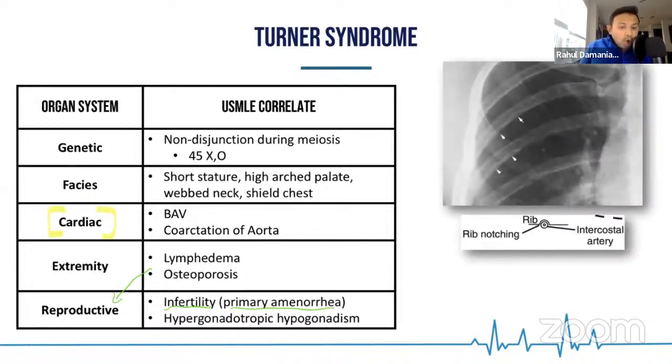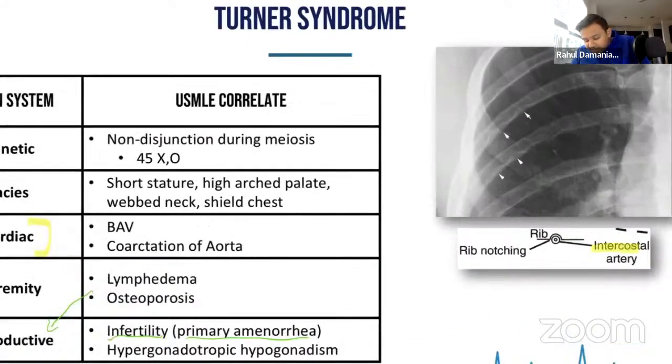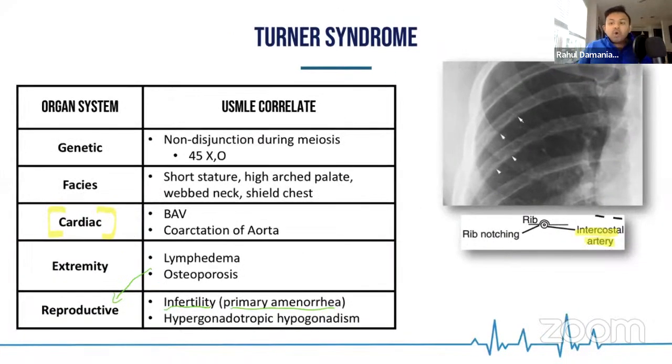When it comes to coarctation of the aorta, remember that these patients likely are going to have a preductal coarctation, and because they have a narrowing, just like a hose that is kinked, because they have a narrowing of their aorta, their intercostal arteries, which branch from the aorta, are going to be very, very engorged. And that is going to abut the cartilage that runs at the inferior portion of each rib. And so that is the mechanism behind rib notching with coarctation of the aorta.